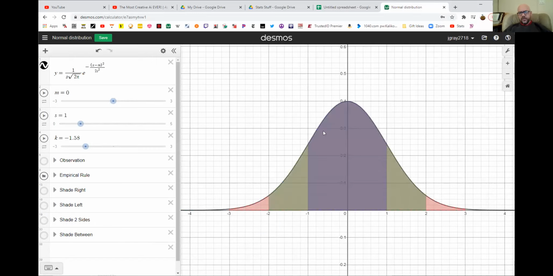So I'm gonna turn these guys off and turn this on. So there's the empirical rule. The empirical rule says that 68% of your data is within 1 standard deviation of the mean. So this purple area here accounts for 68% of all the area under this. 95% is within 2 standard deviations, right? So between the green lines here, from this green line all the way up to this one, that is 95% of the area. It turns out it's actually about 95.33%, so it's a little bit more, but empirical rule